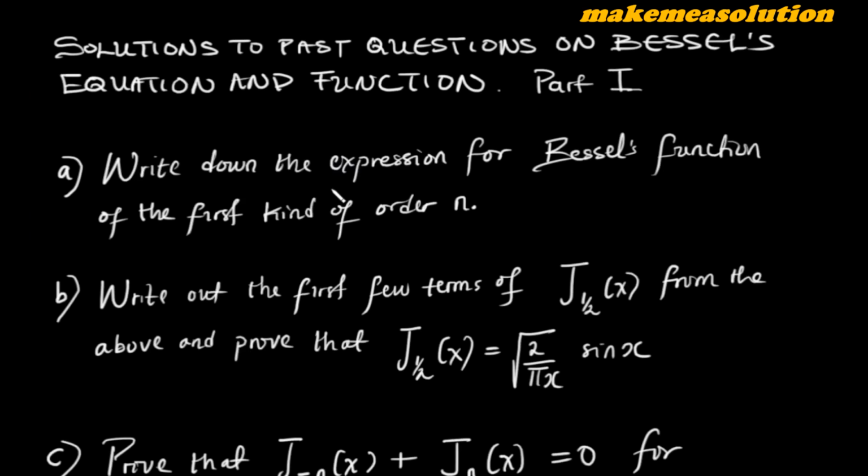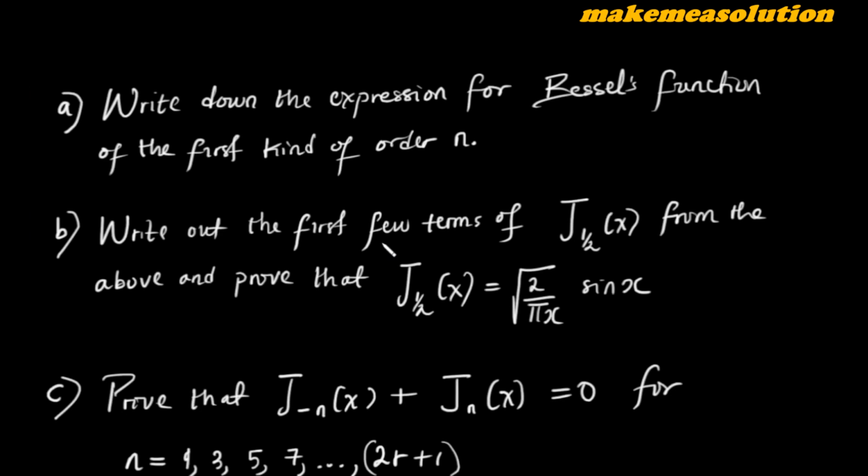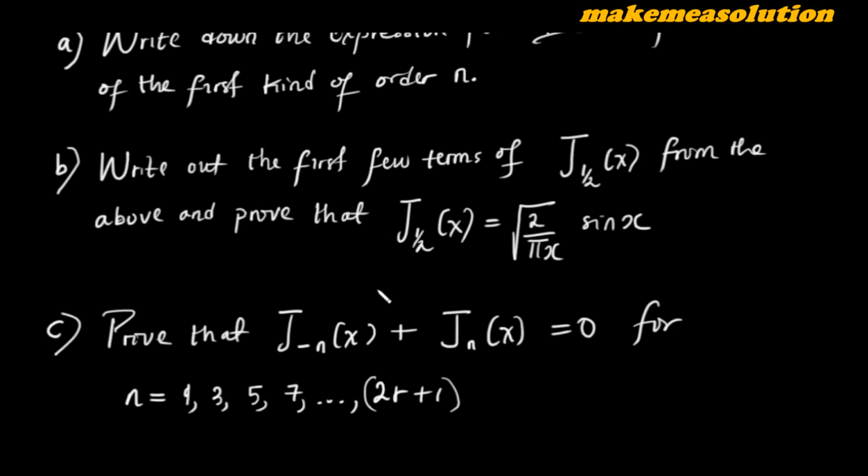So in the first part, we are to write down the expression for Bessel's function of the first kind of order n. Then secondly, write out the first few terms of J_{1/2}(x) from above and prove that J_{1/2}(x) is equal to the square root of 2 over pi x times sine x. Then the third part is that we have to prove that J_{-n}(x) plus J_n(x) equals 0 for n equal to the set of odd numbers, as you can see, from 1 down